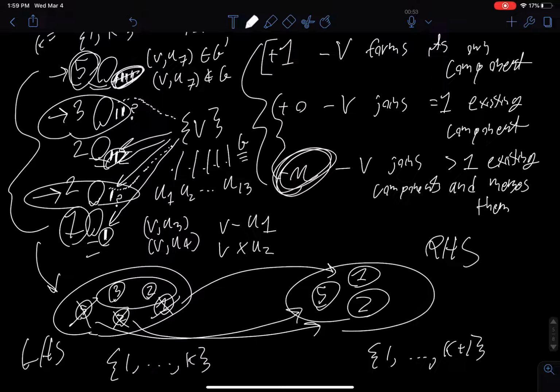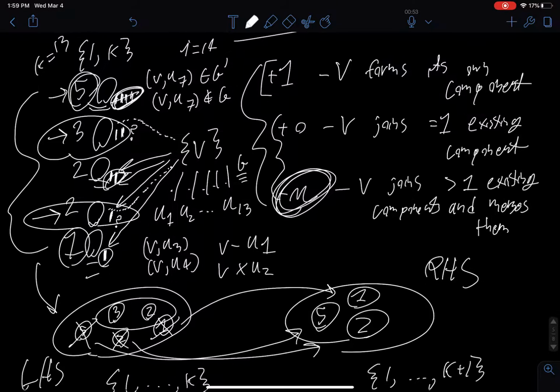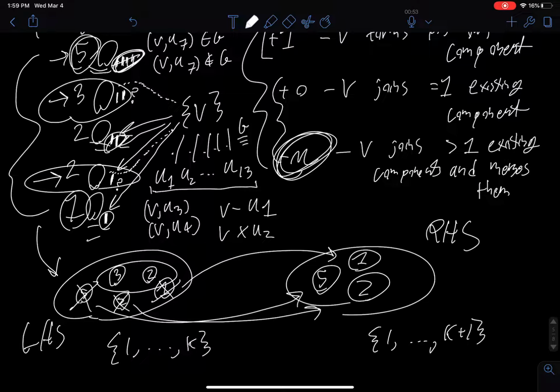We walk through all the edges from V to its neighbors, remembering, since we're looking at subproblems, to only look at the neighbors whose vertex value, this is just enumeration of all the vertices, is less than itself. So if we're looking at the 14th vertex, we only look at its first 13 neighbors. And then, once we've run through all of them, all of the connected components that have the same number of edges to V as vertices in the set, we leave for the next step as their own connected components, and all of the ones that have a smaller edge count than vertex count, we merge with V to form their